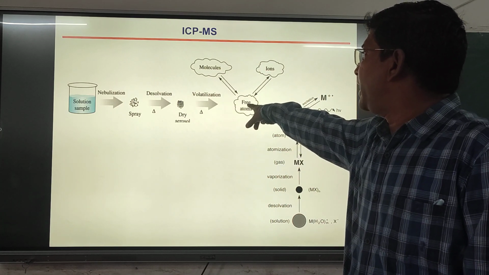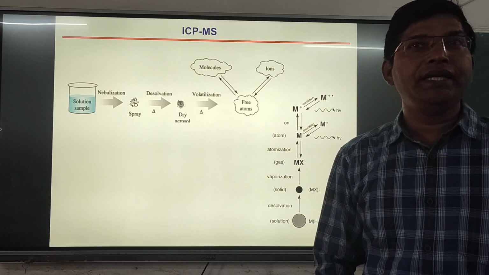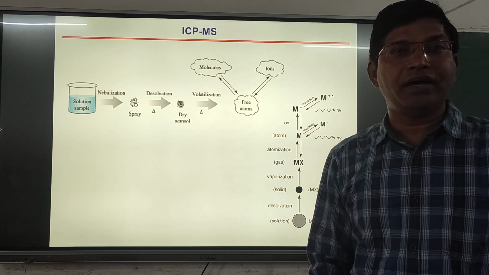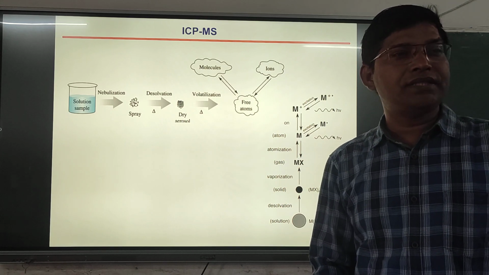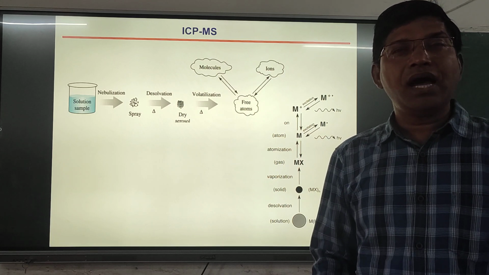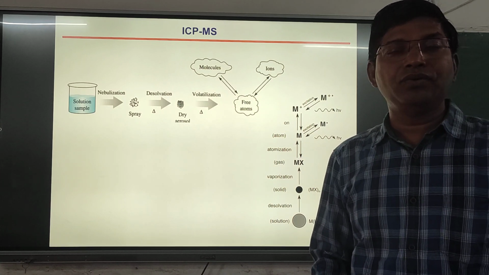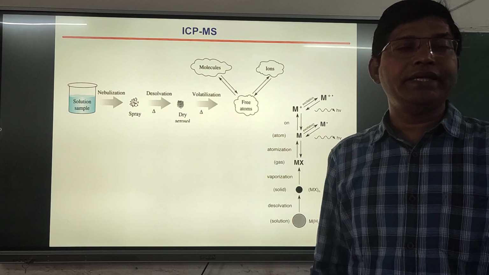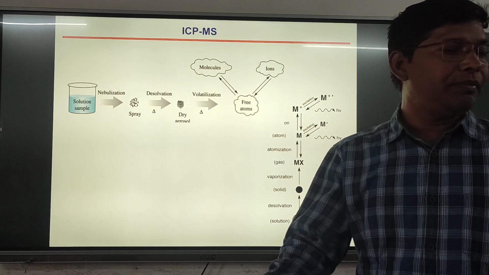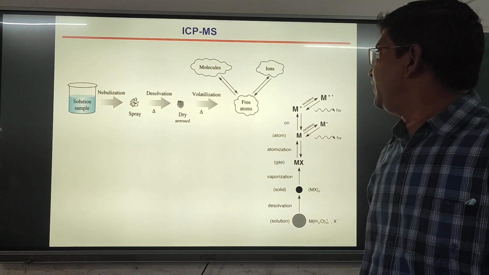After the volatilization, your element may be present in ionic form. Like if you want to determine copper from any food material, blood sample, drinking water or soil sample, all the elements may be present like copper 2 plus and sulfate 2 minus. If you are determining calcium, it will be present as calcium carbonate. Zinc may be present as zinc chloride. So the element will be present in ionic form.